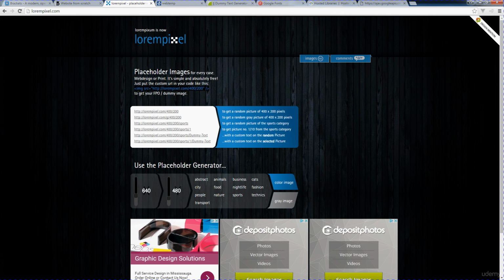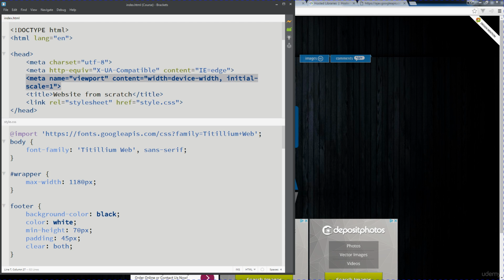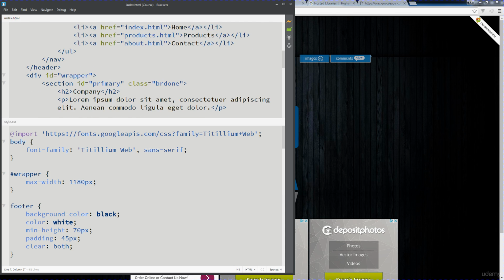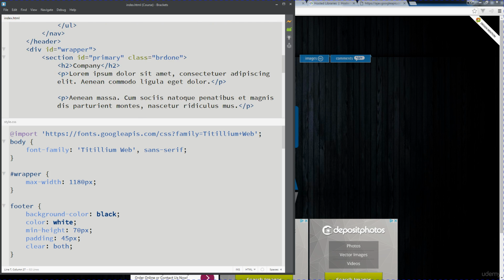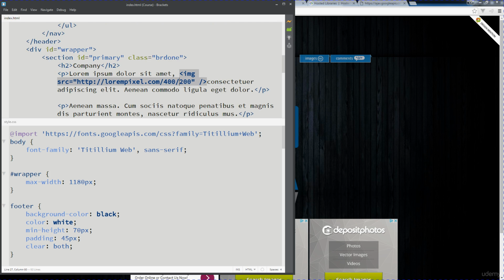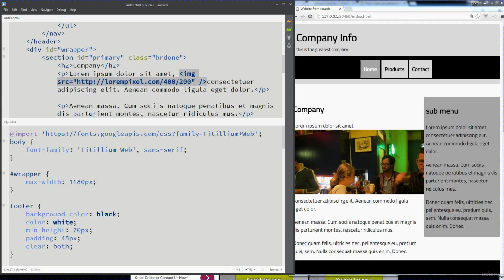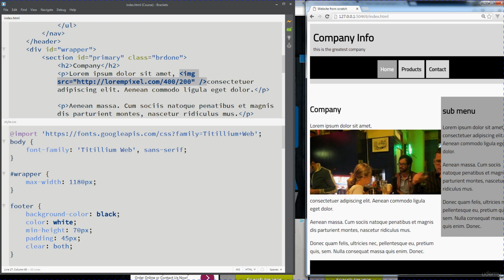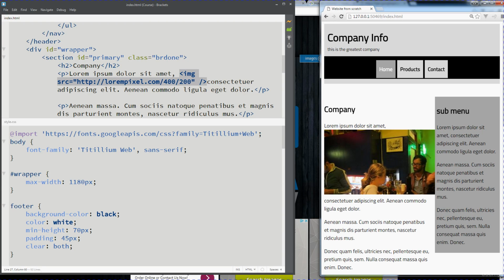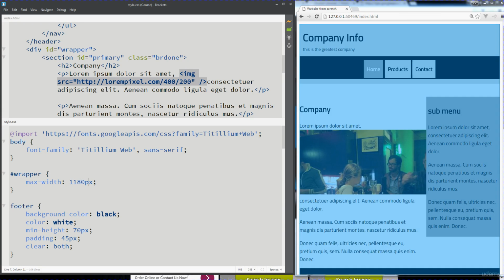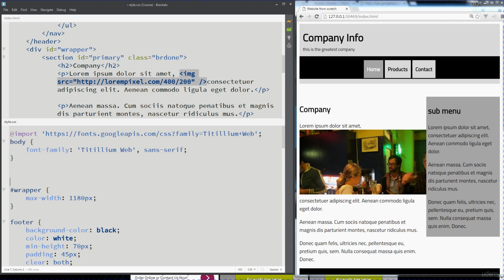So I'm just going to take this and see what random image they're going to allow us to throw into our index page. So going in here, maybe if I want to put an image in here. So 400 by 200, let's go take a look at our web page. So we see that we get this image placed in here. But one of the problems here is that it's trying to take up too much real estate and it's getting hidden underneath that submenu. So that's definitely a problem and something that we really should address within our responsive design,